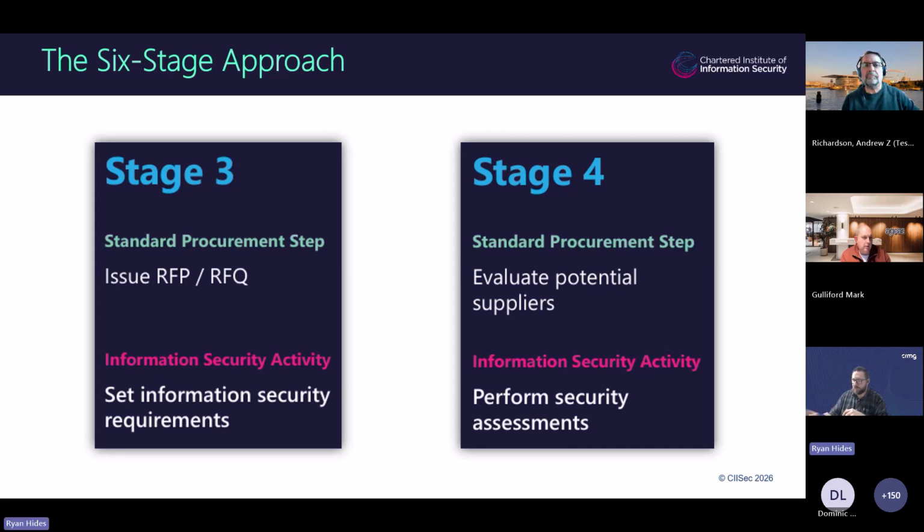So stage 4, mentioned it briefly, but this is where you are performing those security assessments, capturing evidence where possible, and delving into their security controls in a lot more detail. And again, you're going back to procurement with the responses, depending on how you score your output: this supplier scored this amount, this supplier scored this, showing a more mature security posture. We would recommend this. However, the decision is still with them to make. Essentially, you're giving them advice.